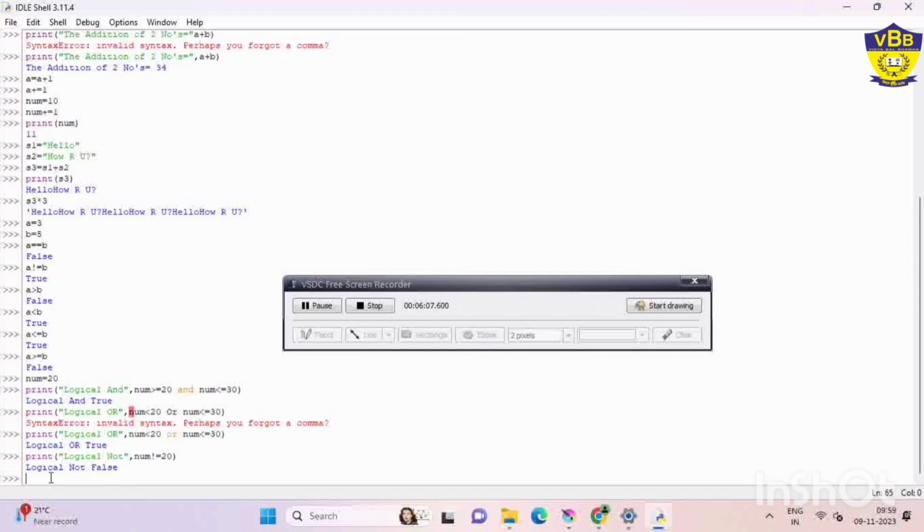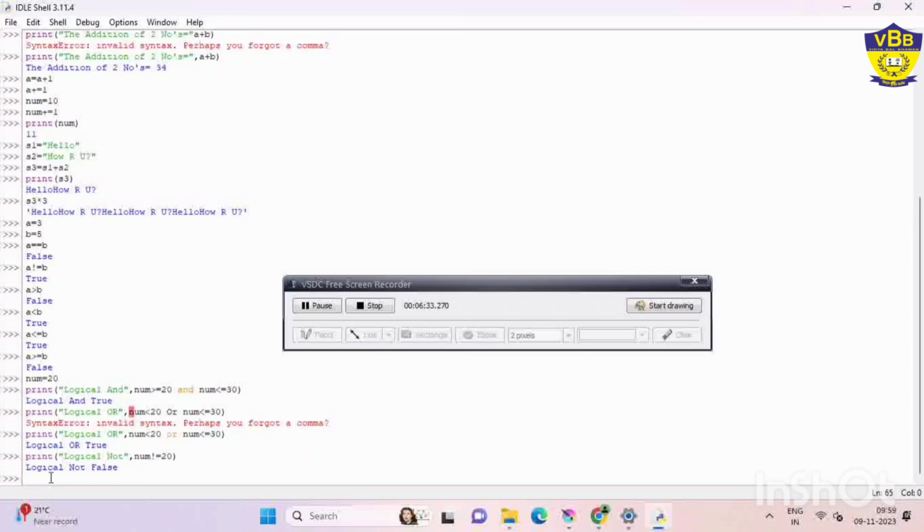So what is the if statement? The if statement consists of a Boolean expression whose result is either true or false. It means only one condition is there and one statement, or more than one statement, but only one condition. If that condition is satisfied, then the statements related to the if statement will be executed.